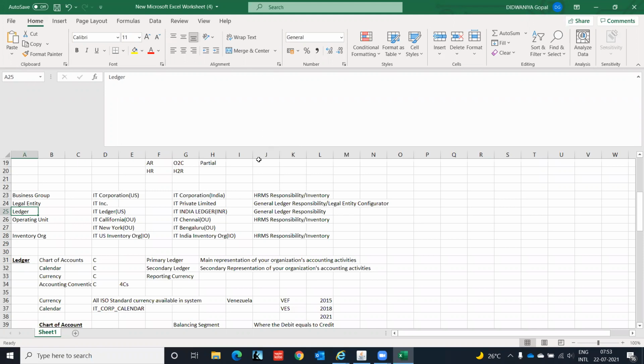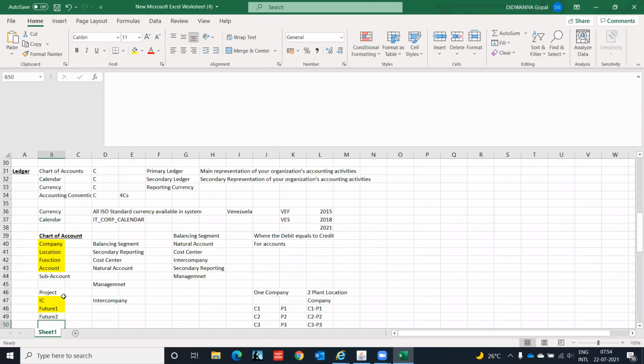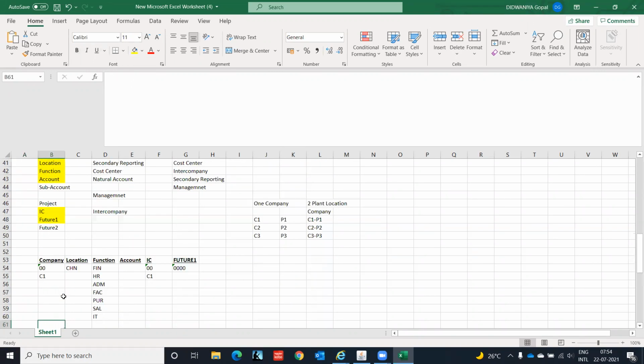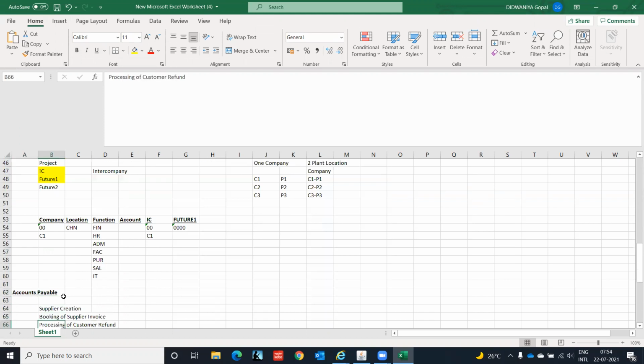The executive will have access to just one operating unit. So that kind of control is possible with the operating unit. So operating unit is used in the subledgers like accounts receivable, accounts payable, cash management module, tax module, etc.